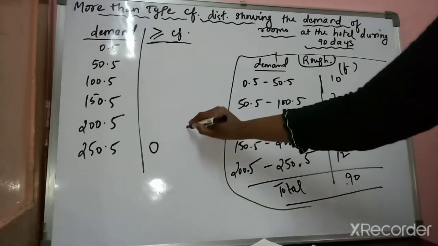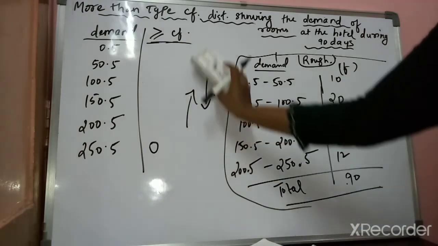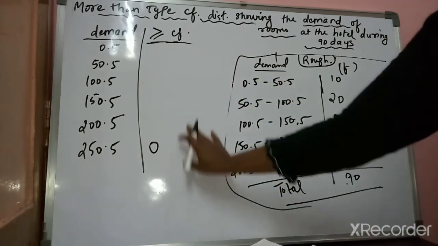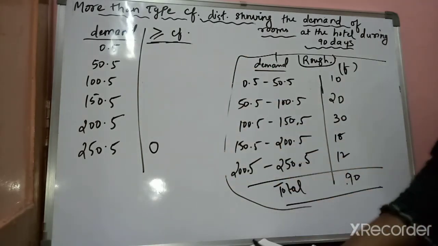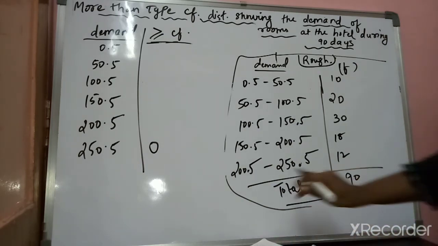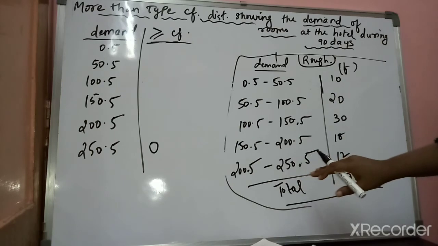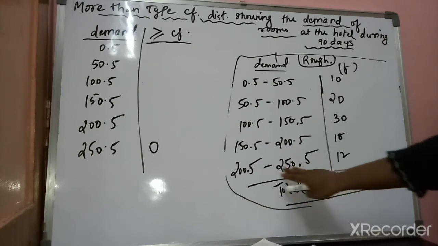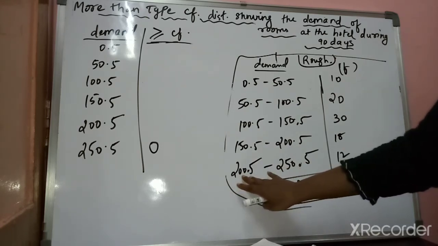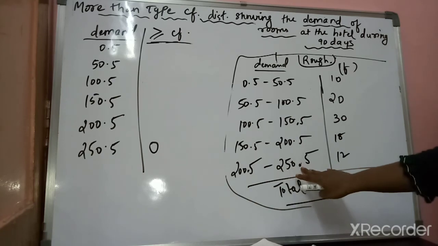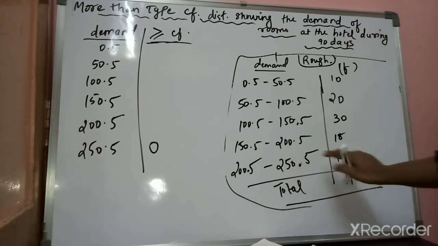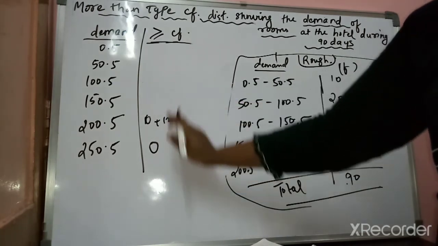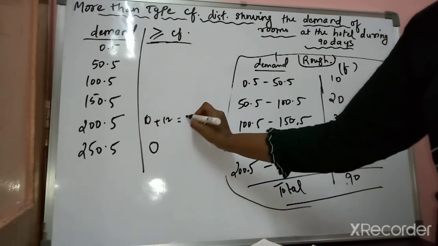Now you can go like this also, from upwards also. In my previous sum I came from upward. Now we would be going in reverse. If you are going in reverse, it would be easier. See, from reverse 200, more than 200 and 200.5, right? So more than 200.5 it would be, see, this class 200.5 to 250.5, the frequency is 12. So you can write it like this, 0 plus 12. Like this you are going now. So 0 plus 12, it would be 12.